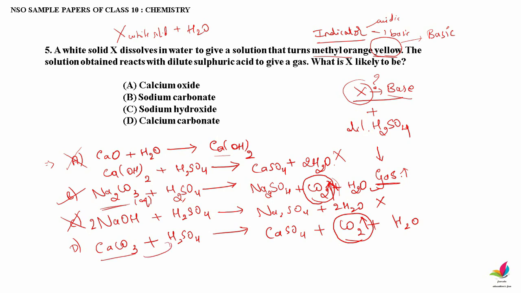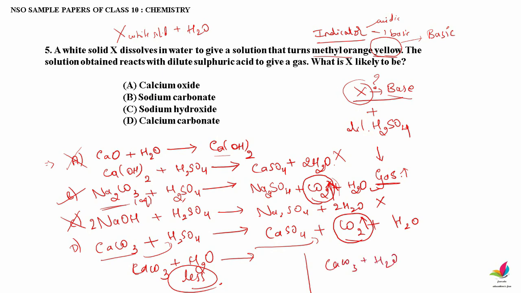Now this is because, first of all, there is one more point: calcium carbonate's solubility in water is very less, okay? Its solubility in water is very less. So that's why it takes more time to dissolve in water, and hence the liberation of carbon dioxide will take more time. And there is one more case where calcium carbonate on adding into water also forms calcium bicarbonate, okay? It is one more case, but no need to think about this one now.